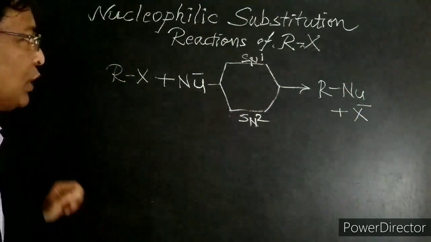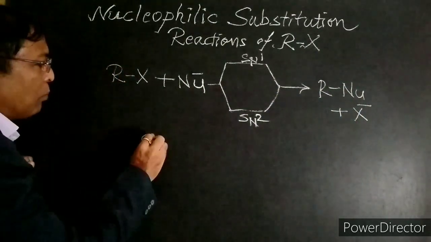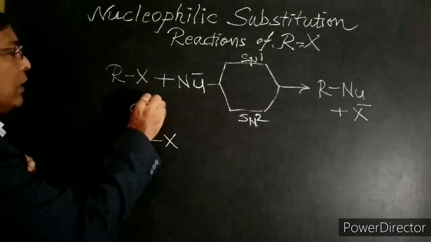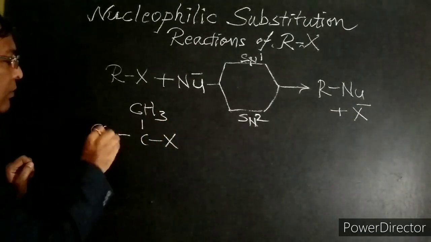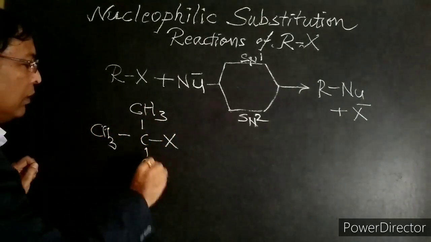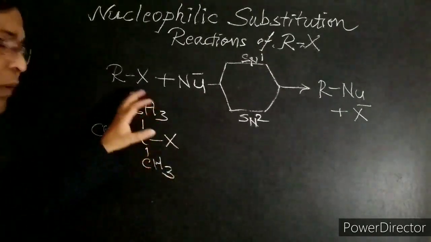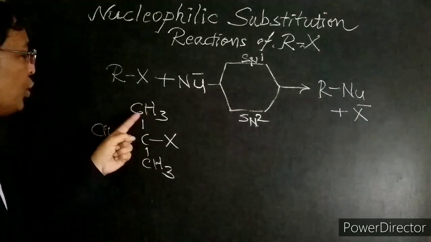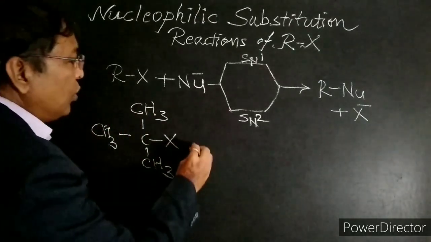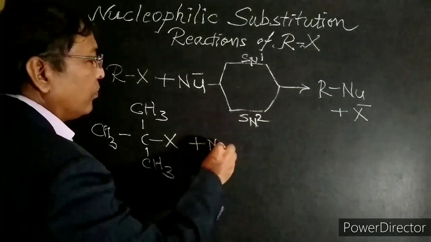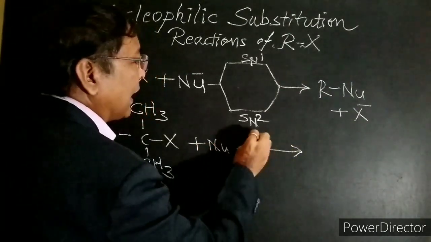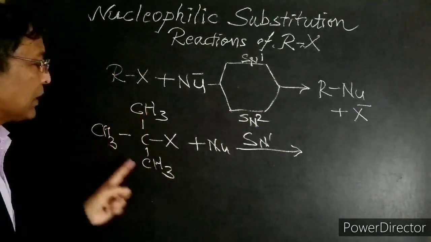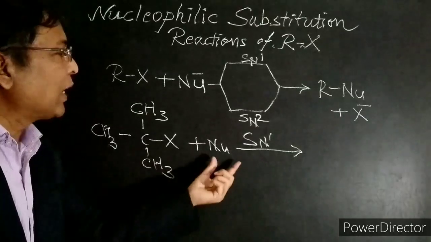The answer to this question is: when the halogen bonded carbon is attached to bulky groups like CH3, as in the case of tertiary butyl halide, then the nucleophile will follow the SN1 reaction mechanism path. I repeat, when the bulky groups are present on the carbon atom, the nucleophile will follow